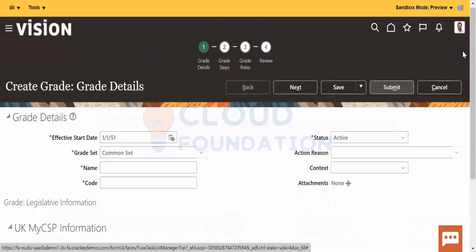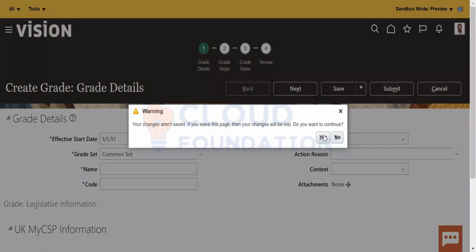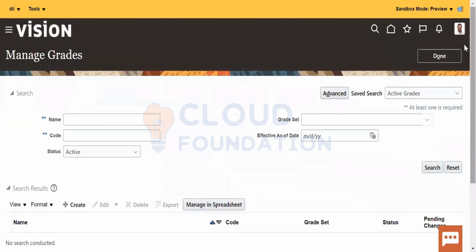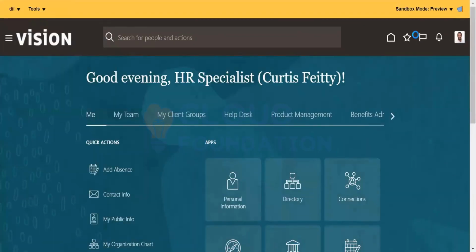So this is the way I'm showing you the navigation. This is the way we navigate. You should know the basic navigation first. First understand what this is all about.